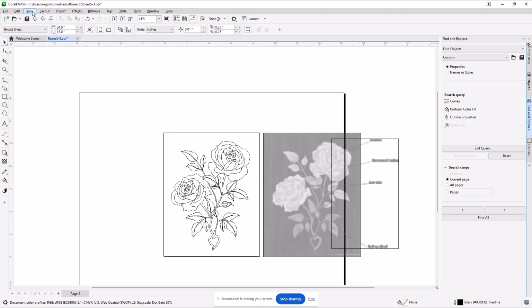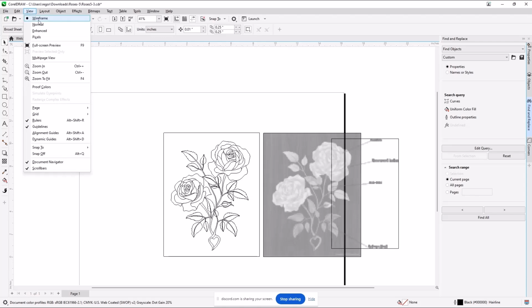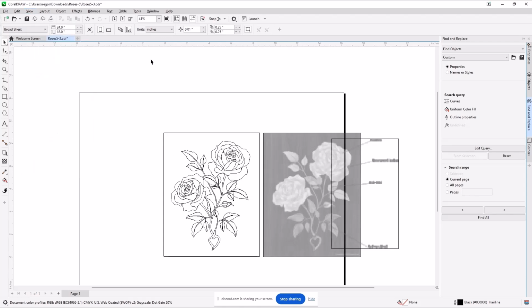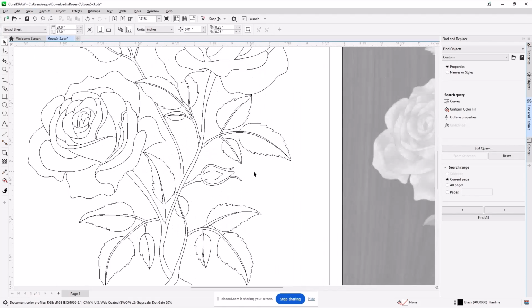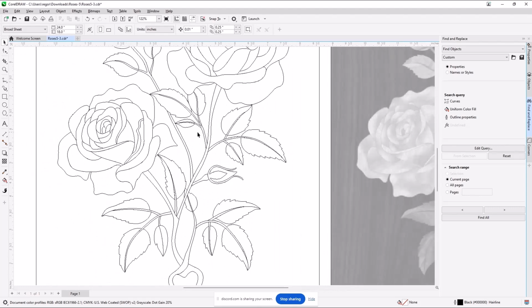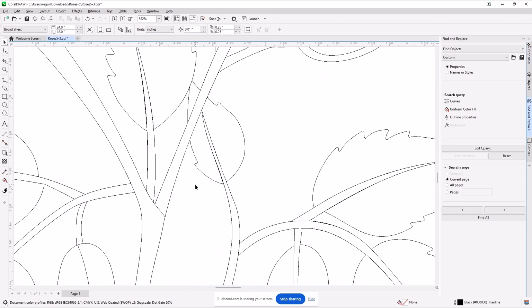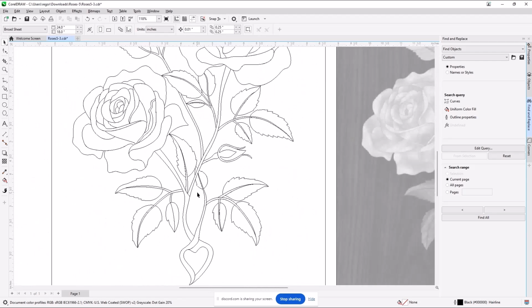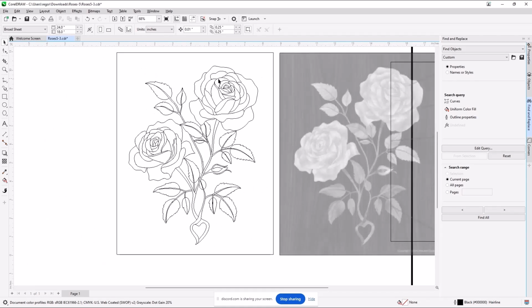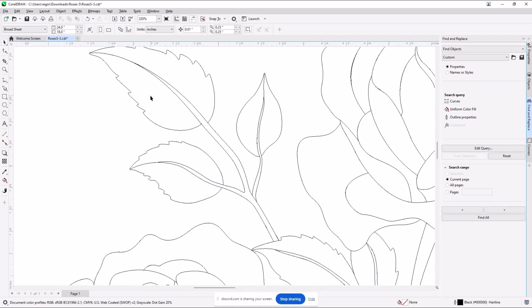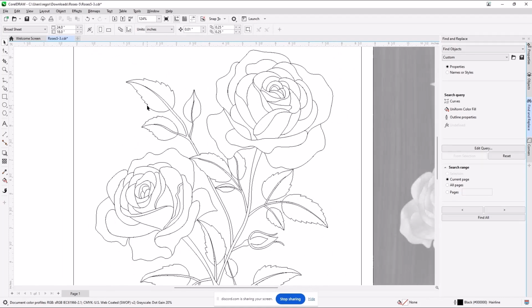The real trick is that one of the tools you need is the View option on your menu bar, which allows you to pick wireframe. Everything, no matter how wide the lines are or what color fill they are, goes to a hairline mode. When you get somebody else's image, such as this one, spend a few minutes looking at it in wireframe, because you'll find things are screwed up.